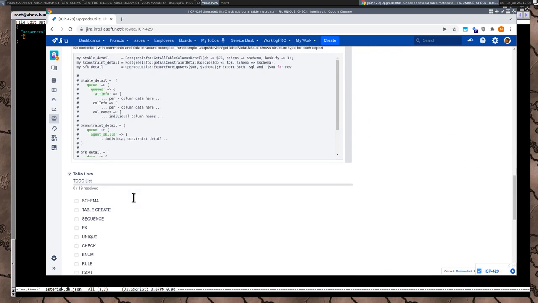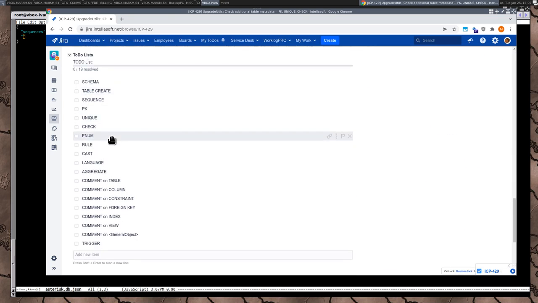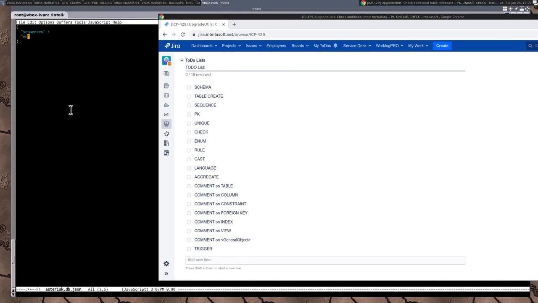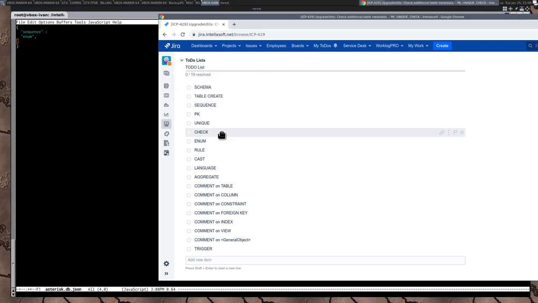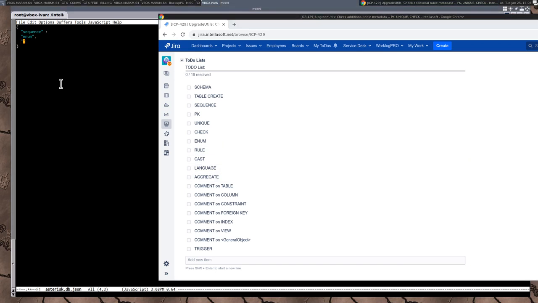So what's in our checklist here? Enums are related to only a schema. I've been debating plural versus singular. We've been migrating towards more singular type of stuff, so we'll call it sequence, enum. Rules are on a relation, so not rules. Casts are schema specific. They actually might be database specific. Let's not get into casts yet. Check constraints, enums, rules, casts, language, aggregates. Yeah, and we'll do aggregates,